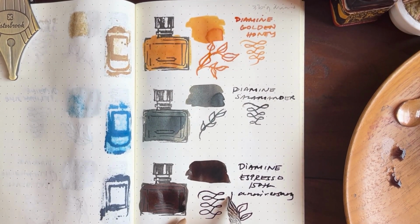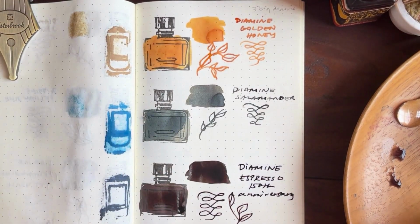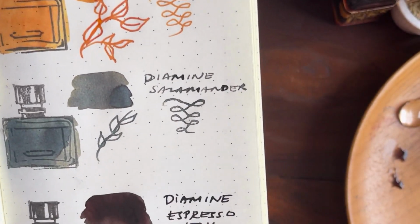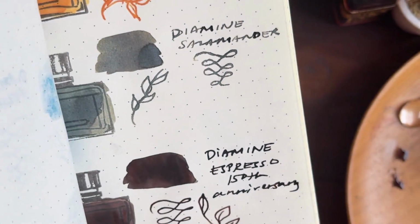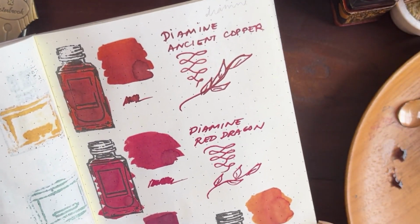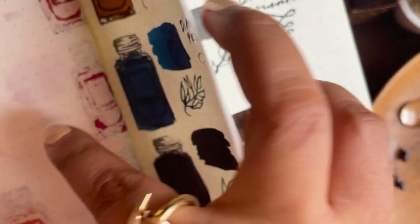So yeah, this is to sum my Diamine collection. Let's take a look. I think I have 3, 6, 7, 8, 9, 10 Diamine. See, perfect. Oh, look at those red shades, orangey, and then